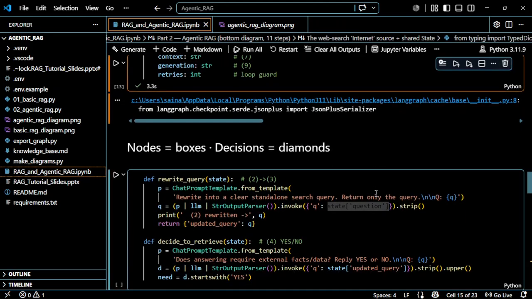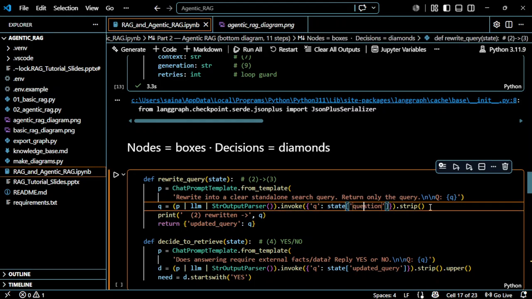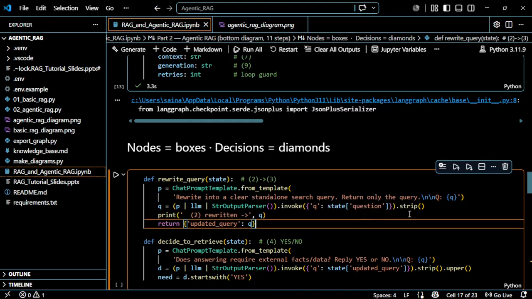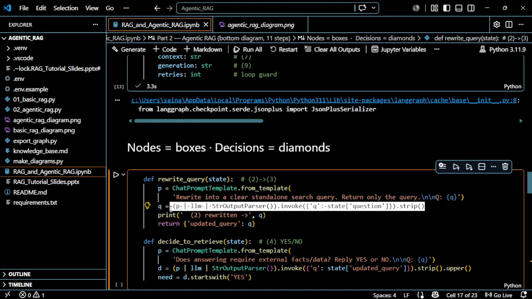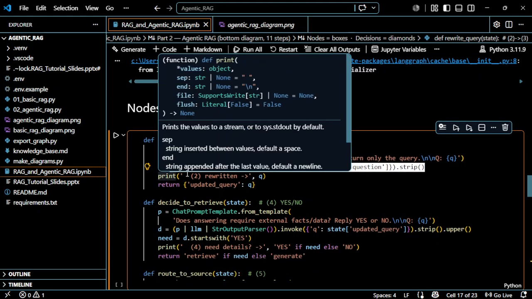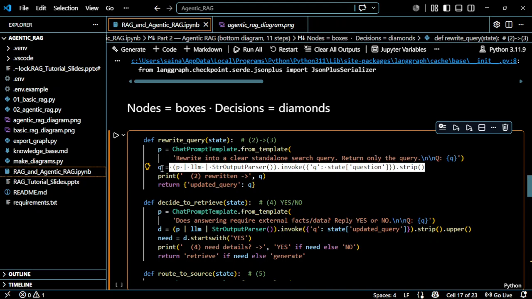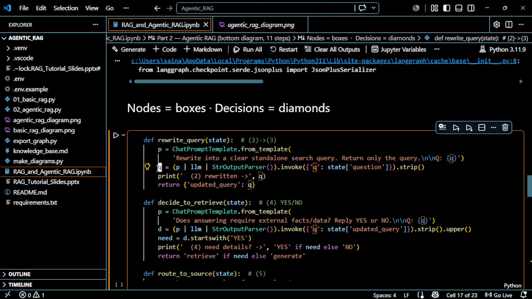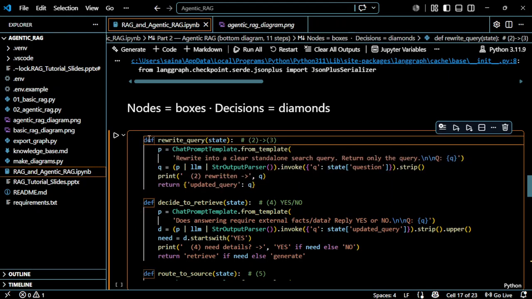So from the state, we are passing the question to this. If there are any spaces back and forth, we are just stripping them. So this way, this combines the whole chain and I'm passing this query. If I pass everything, it will give me the result, the rewritten query. I'm just printing this rewritten query here, and then we will have the updated query. So this way, this will be my